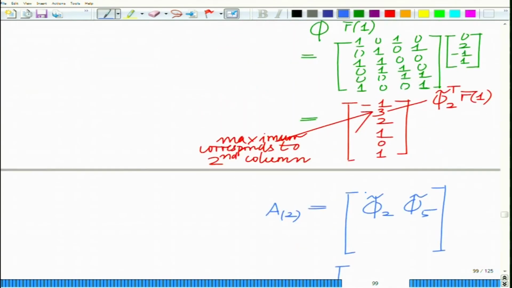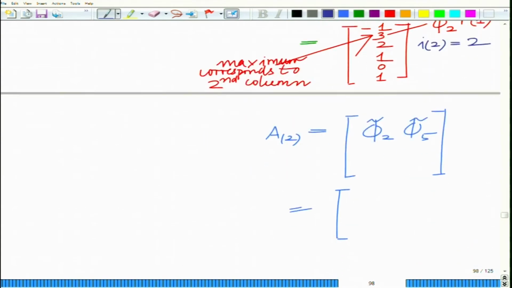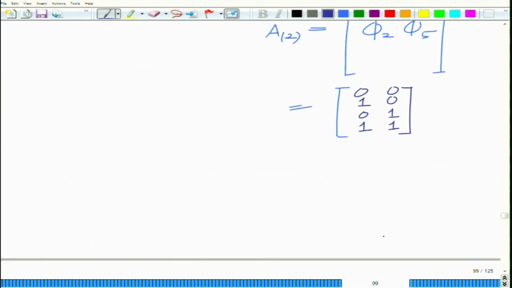So this is basically what it says: I2, the index picked up in the second iteration, is basically 2. And the corresponding columns are 0 1 0 1 and 0 0 1 1, and now you again solve the least squares problem. Now you have the estimate x hat, which is basically what you get when you solve the least squares problem